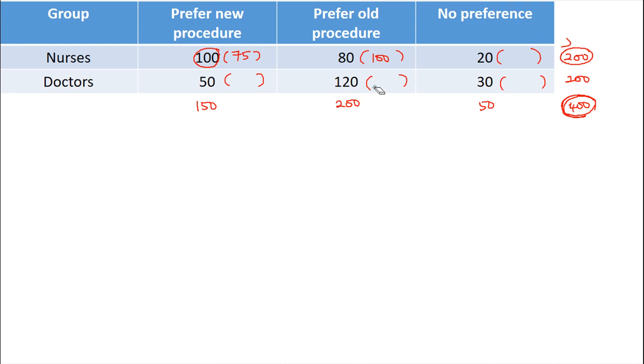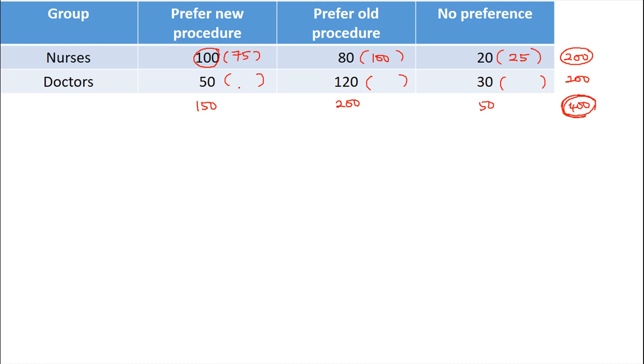Then settle for the second cell. We move to the next cell: 200 multiplied by 50 divided by 400. So the expected value is 25. Okay. For the next row,